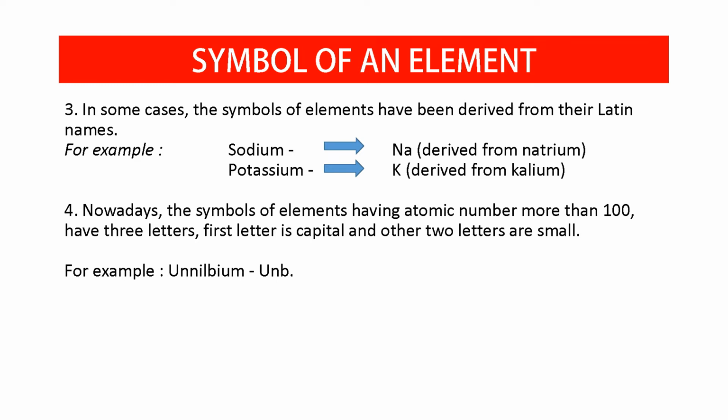One thing is very important here. We could give sodium the symbol S. But why don't we give the symbol S to sodium? Because the symbol S represents sulfur. If we give S to sodium, there will be confusion. So to avoid that confusion, some element symbols are derived from their Latin names. That's why we give sodium a symbol which is unique and which has been taken from the Latin name. So to avoid confusion, there are certain rules to give the symbol of an element. So there are three rules. You can understand very well with the help of examples.